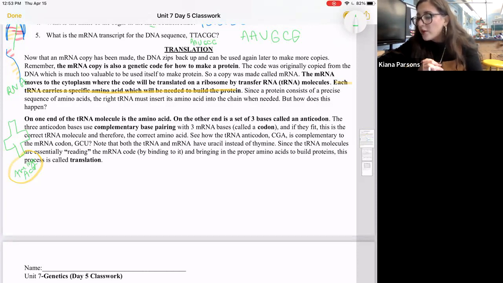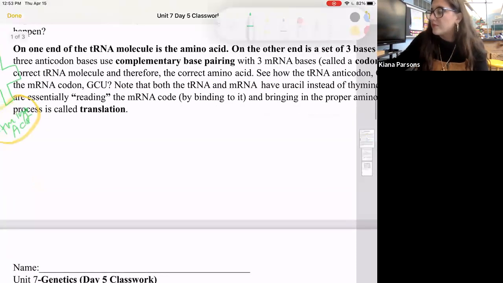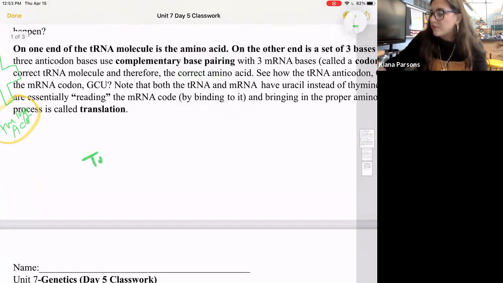Since the tRNA molecules are essentially reading the mRNA code by binding to it and bringing in the proper amino acids to build proteins, this process is called translation. So the tRNA is translating from the language of RNA into the language of amino acids, right? So the language of genetic code